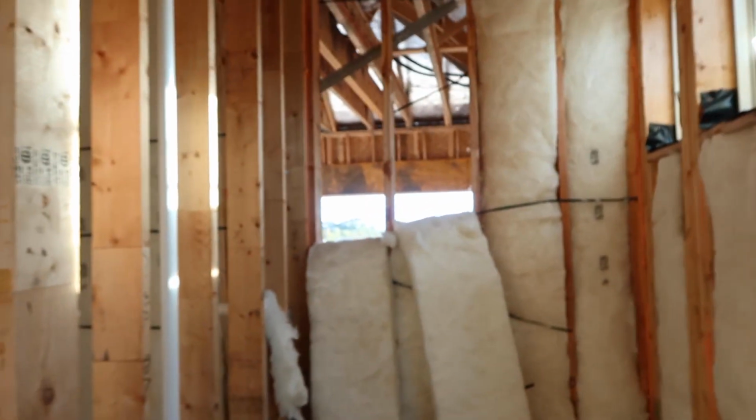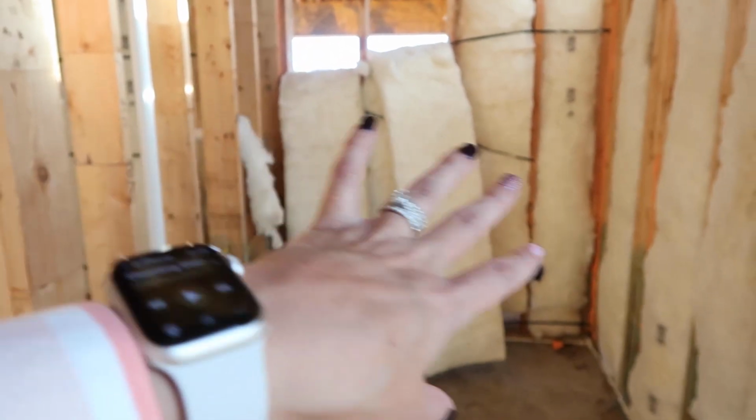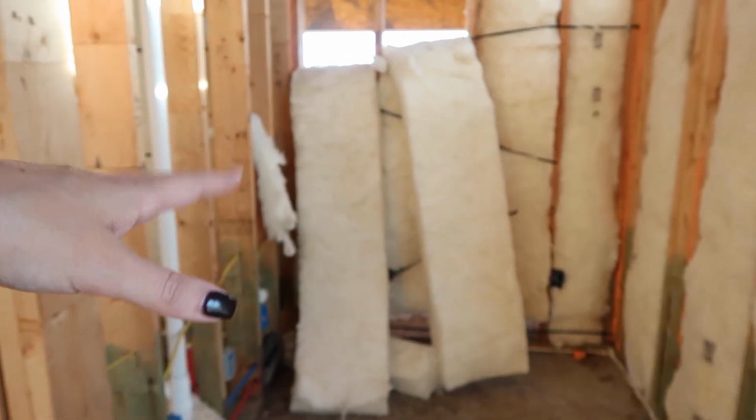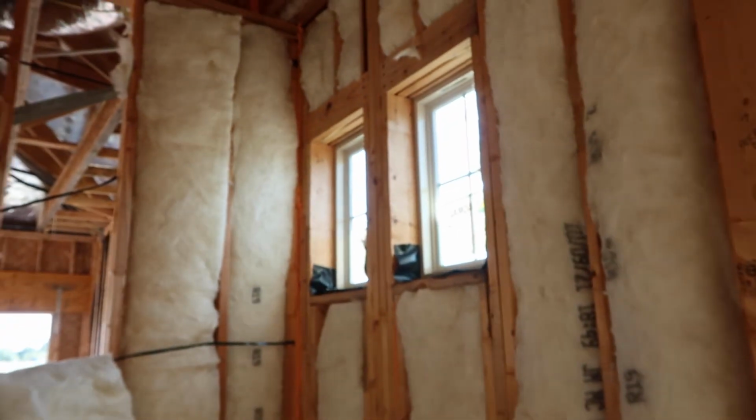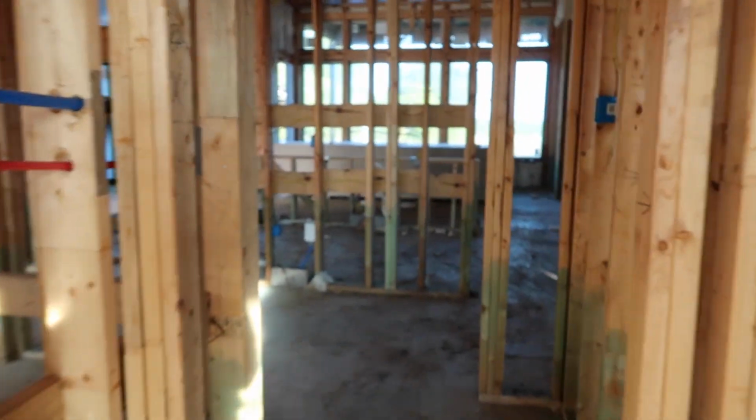It'll also give me options to store. I have quite a bit of crafting supplies that I don't ever get the chance to use anymore, but it'll be a great place to store that. 2 nice windows, so it just worked out better. Anyways, so coming out of here,